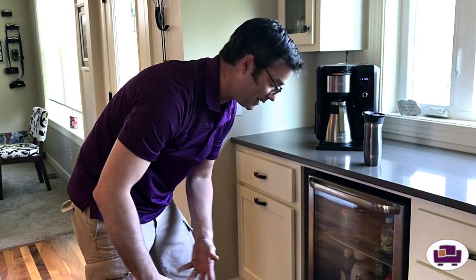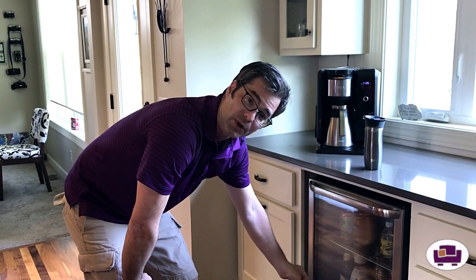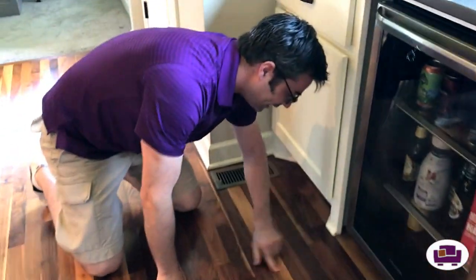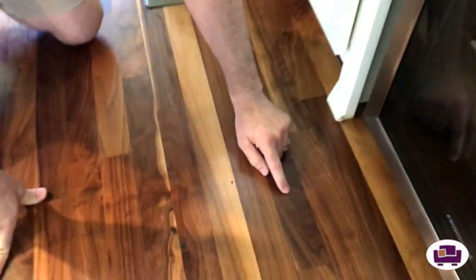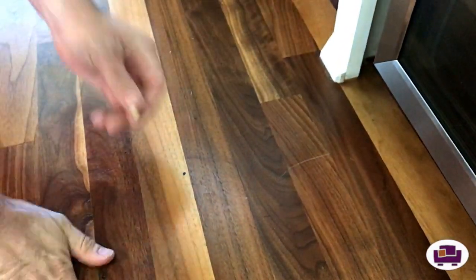I had to pull this completely out, but unfortunately, having cats, where there was like a little bit of food or grit or something, and if you look down here, did a nice big scratch when I pulled the fridge out. So, what I've been reading online, there's...